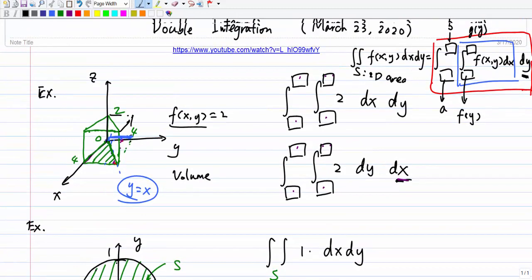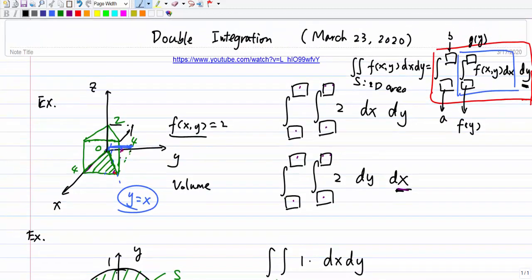The first example says I'm going to talk about the integration of 2, this is my 2, over the area given by this shaded area over here. This is the area S I'm going to integrate over. So I want to rewrite this as an integration. Basically I have this problem: how do I figure it out? Here f(x,y) is 2. So I want to figure out the integration over S of f(x,y)